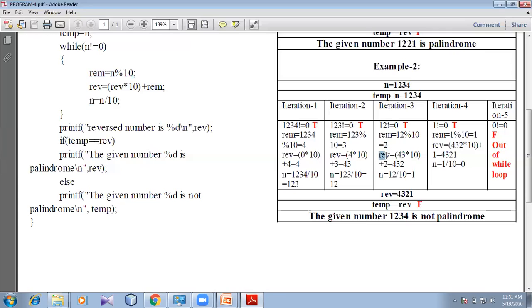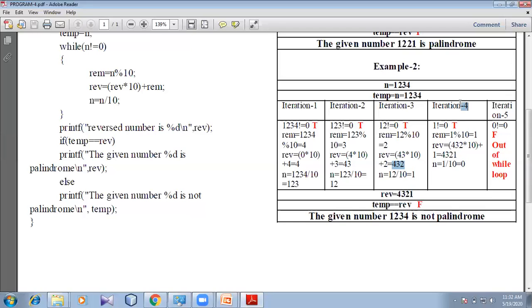The previous value of reverse is 43, so it is 43 into 10 plus 2, and you get 432 as the reverse number. The new value of n will be 12 divided by 10, which is 1. This completes iteration number 3.